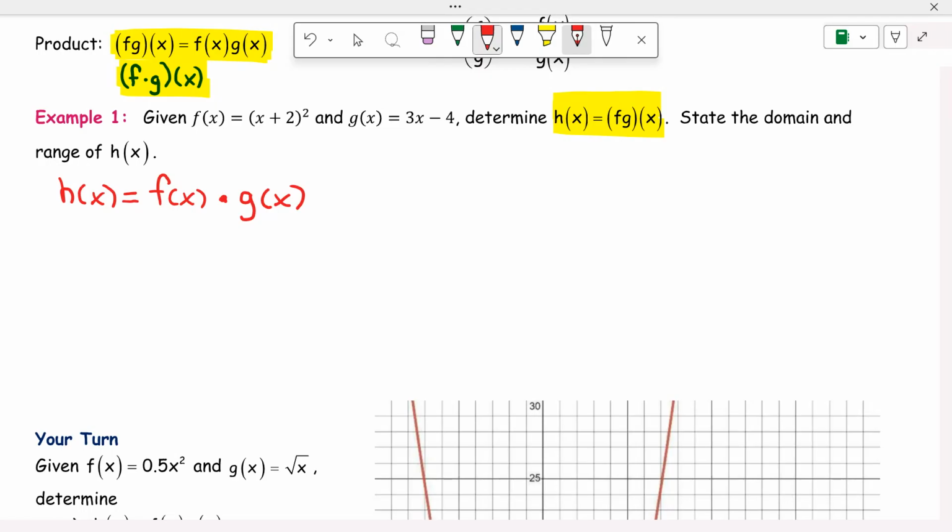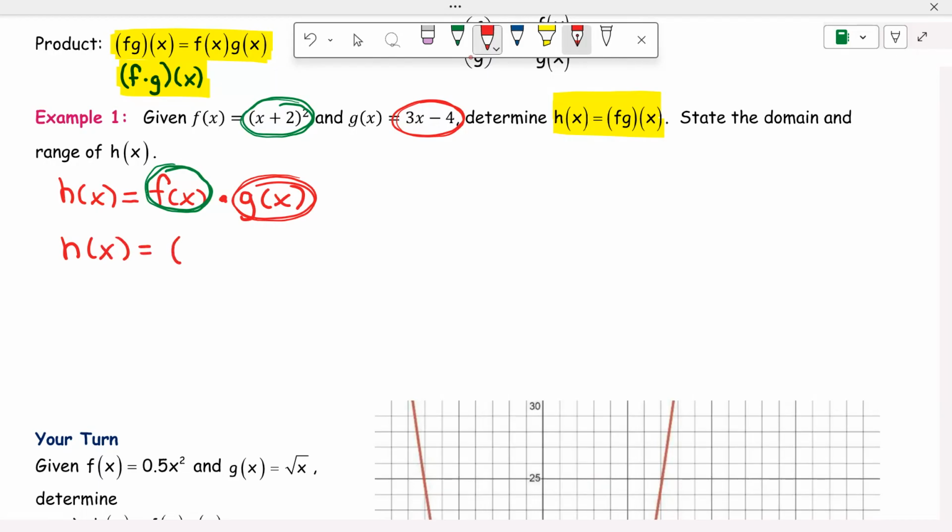And do the substitutions. So what I mean by substitutions, this right here is your f function. It's going to get replaced right there. Those two things get replaced. Your g function is 3x minus 4. It's going to go in right there. Right, so you're just substituting, putting the functions in, then we're going to multiply them. All right, so our h function